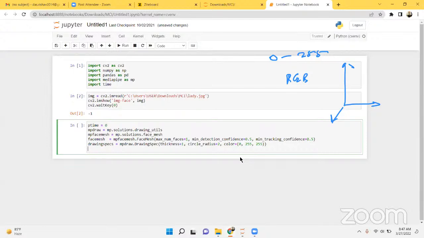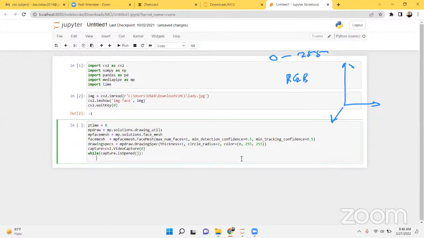Now let me quickly write a logic for capturing a video. So capture is equal to cv2.VideoCapture of 0. When I say 0, it is using my webcam. Okay. So while capture.isOpened, while capture is opened, since this is a while loop, if my camera is working, if it is returning,